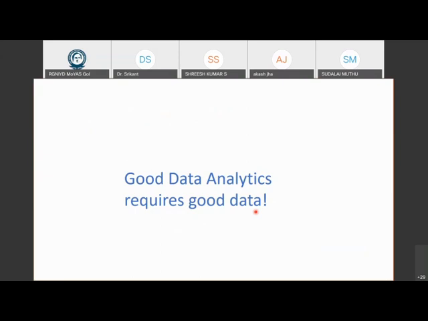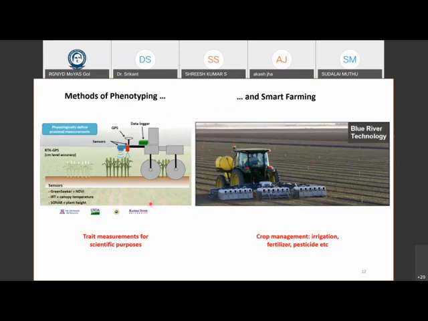So in the case of agriculture, for example, the methods of phenotyping in the US include using tractor-like machines which are retrofitted with various sensors. So you have a GPS which tells you the location of the plant. Then for each location, you find out based on different sensors what is the growth of the plant or different parameters that you're measuring. And then you have a data logger system that takes the GPS value and the sensor value, puts it together, and then you have data.